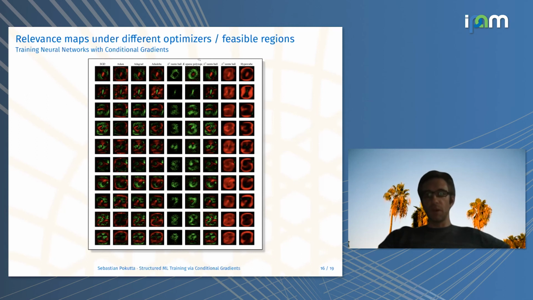So L1 norm ball, K-sparse polytope, L2 norm ball, L5 norm ball, hypercube, and so on and so forth. And now let me tell you what these colors mean here. You can think of these colors as positive evidence and negative evidence. So if something is green here, and a pixel is present in that spot in the original image, then this is considered